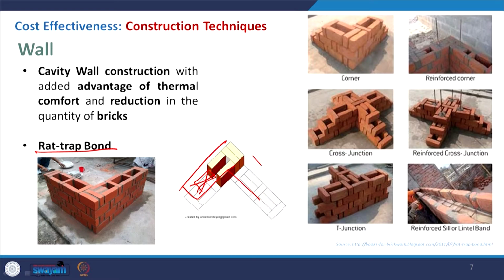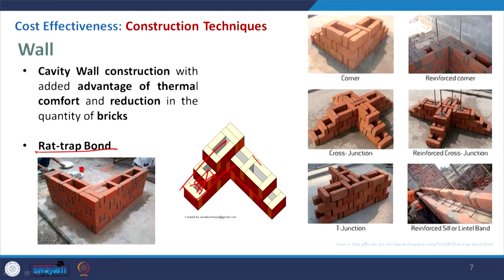But at the same time there is another important parameter, that is the use of the brick. So, whenever you use the English bond or Flemish bond, then we have to cut the brick, we have to use the queen closer, or sometimes you have to get the half bat, but in this case mostly we will be using the full size brick. So, that wastage is also managed. But the constraint is when you design, we have to design with the unit. So, all the doors, windows, openings should be designed accordingly, so that there will be no such cut, and then there will be some break.